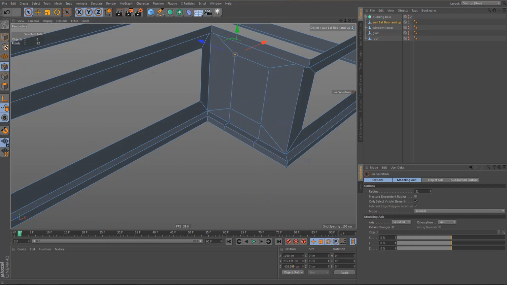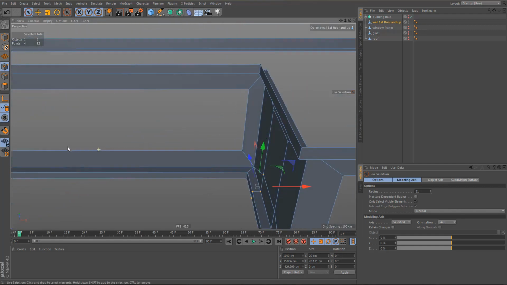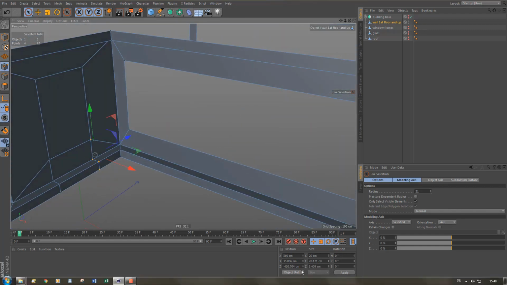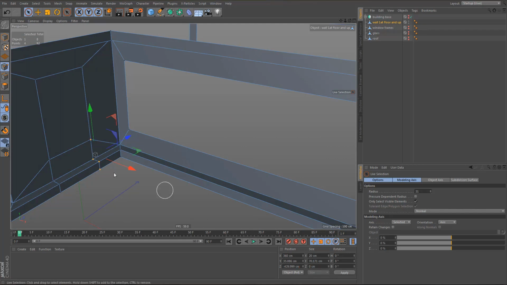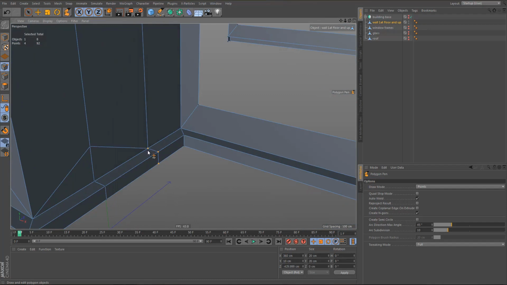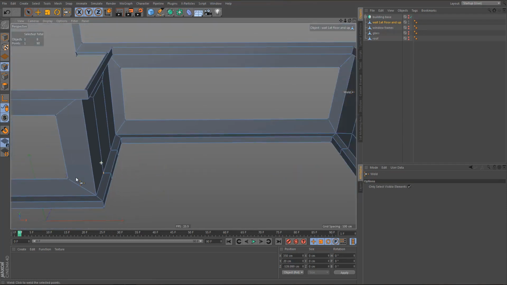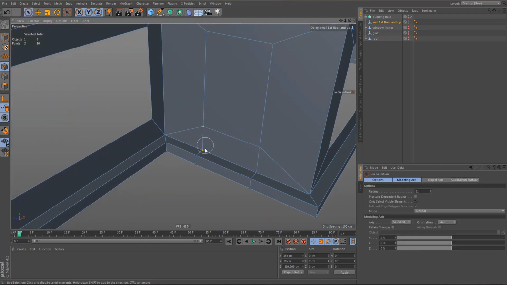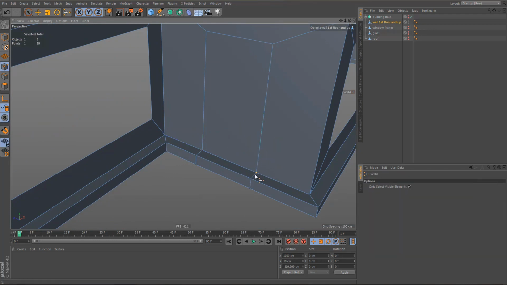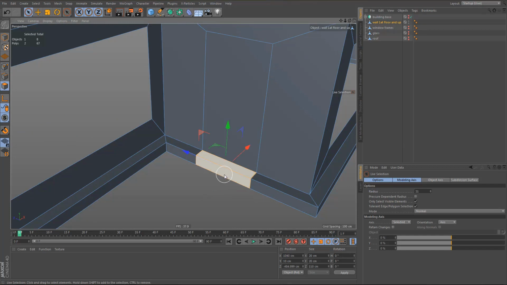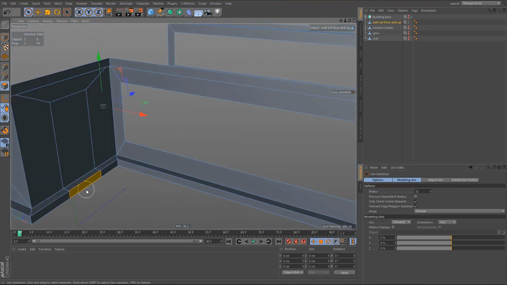And then I'm going to select this point, copy the position, and paste it to these points. And we can weld these points here. Let me undo that. Sometimes it's just easier to use weld instead of the polygon pen, which I just did. And then we can delete these polygons and these ones over here,